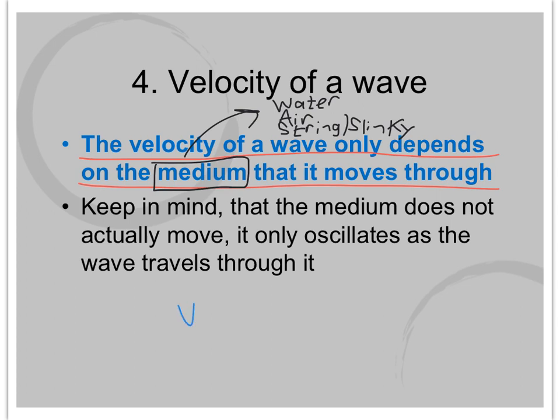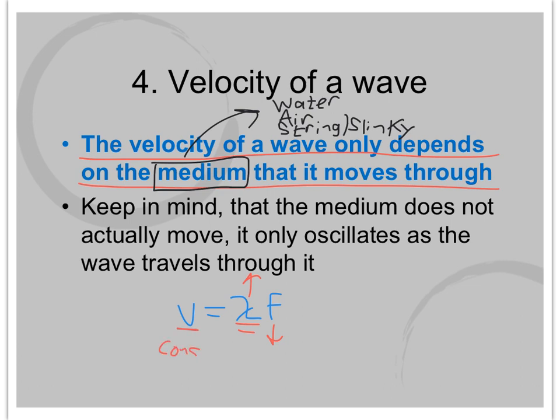And you may be looking at the equation we introduced on the last slide, velocity equals wavelength times frequency, and saying, well, what happens if we increase the wavelength? Okay? That, in theory, should make the velocity travel faster, but what ends up happening is if you increase the wavelength, the frequency decreases, and vice versa. Those two have this reciprocal relationship where one will increase, the other will decrease in order to keep the velocity